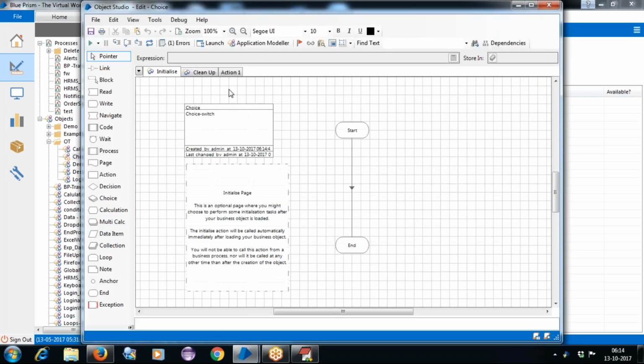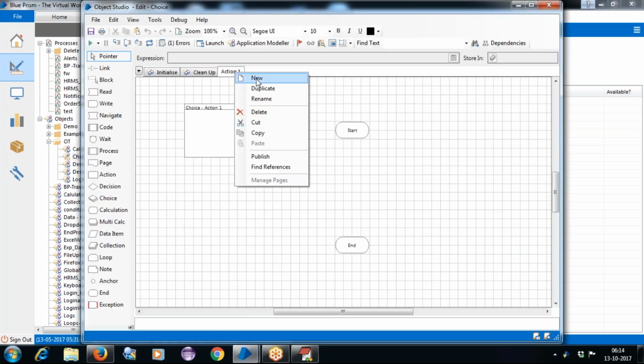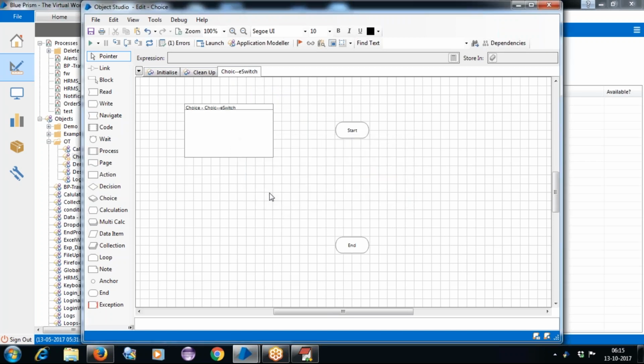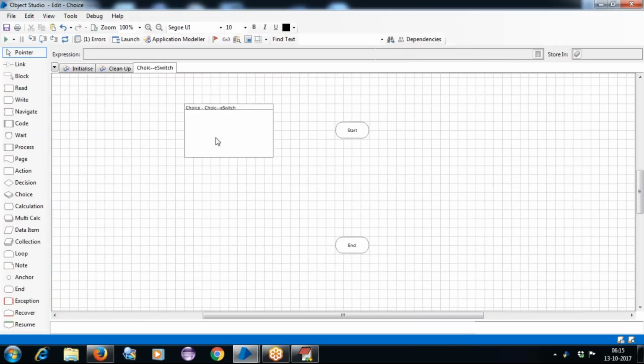I'll double click the activity. Now I'll rename it as switch. Click on OK. Fine.